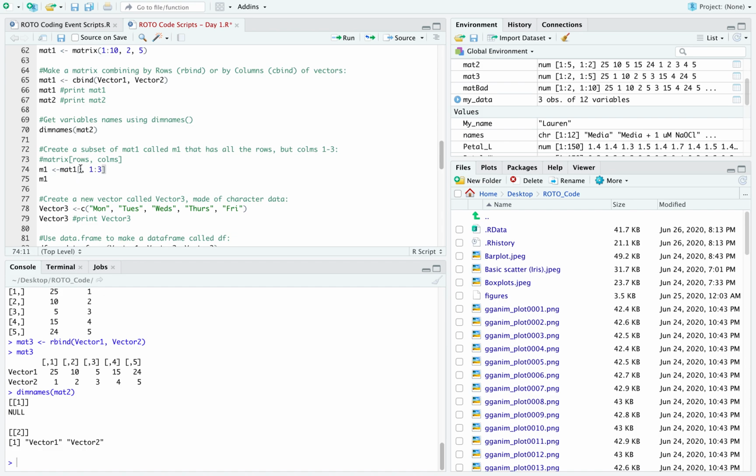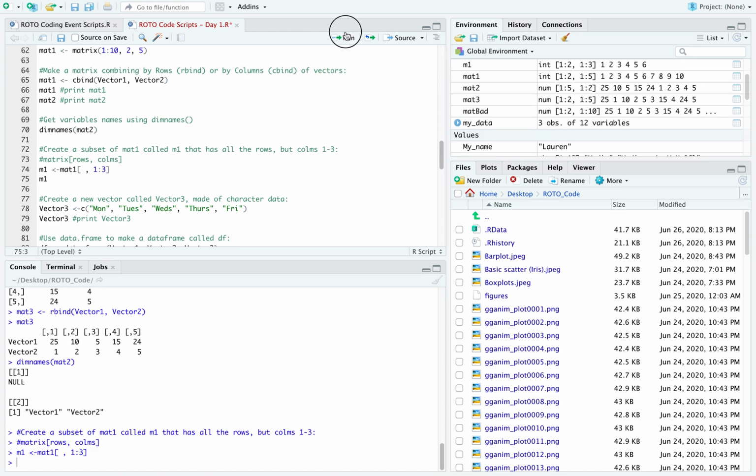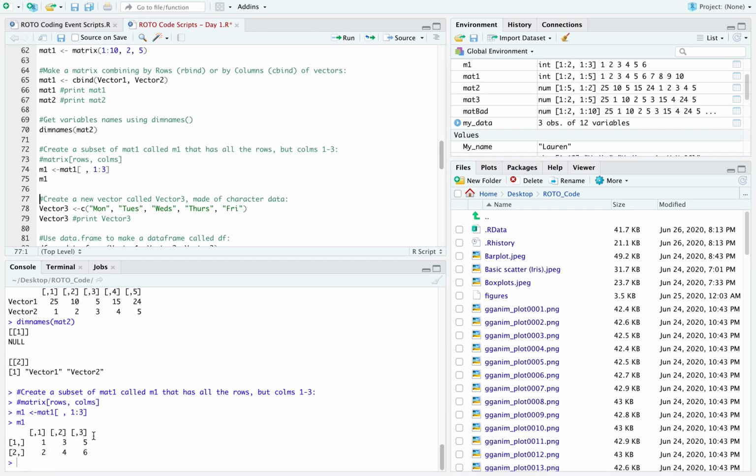And then just like it was before, the first value would be how many rows we wanted to include. If you want to include all of them, then you don't have to say anything. And then the second one is for columns. So we only want the first 3 columns. I could also write 1 to 2 if I wanted to, but I don't have to. Okay, and when we look at it, we now see that there's only 3